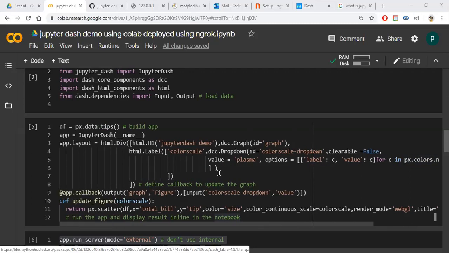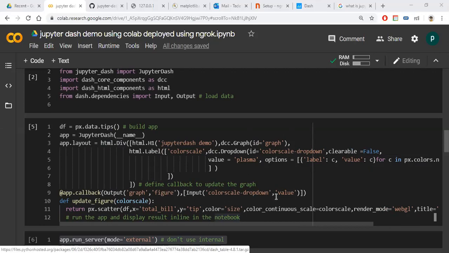And a callback, so that when we change any color, the graph is also updated. I am giving a callback to update the output graph figure, and the output will be the graph present at the server. Now I am giving the title as figure, with input from the color scale.